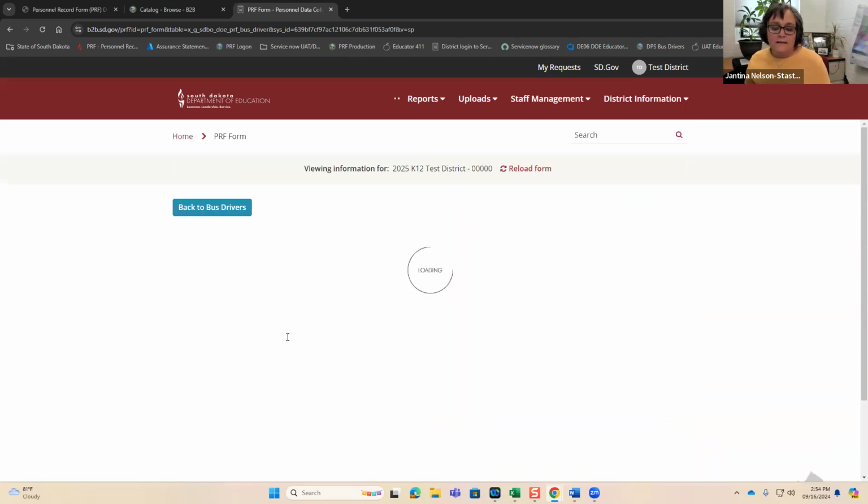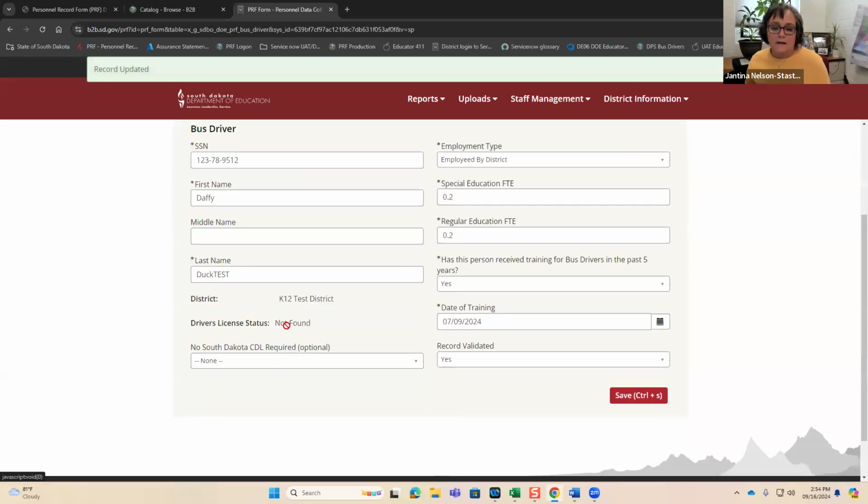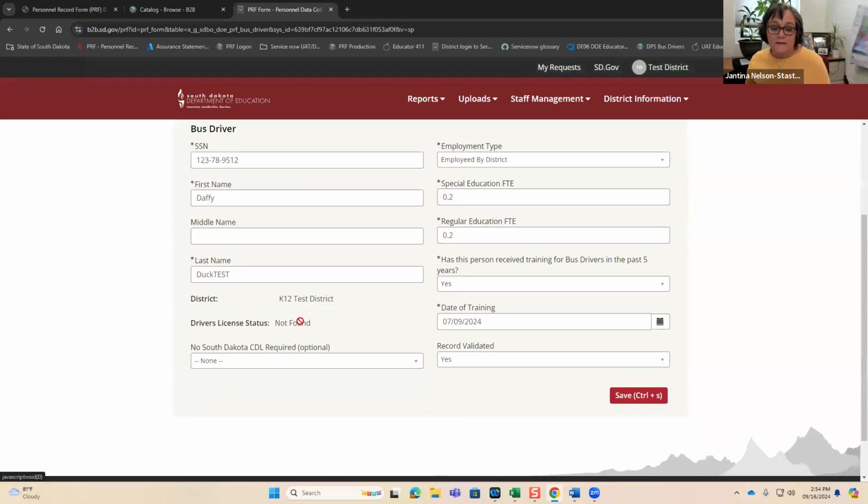Once you do that, it's going to hit the Public Safety API, and it's going to bring back a driver's license status. In this case, I have a fictitious social security number, so of course it's not going to find a driver's license status for this individual.